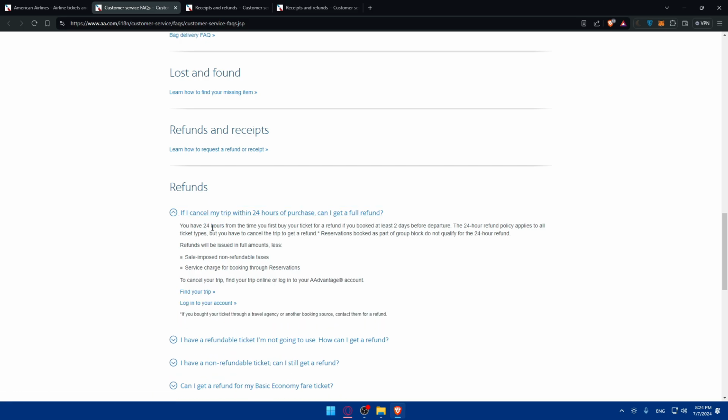As you can see, you have 24 hours from the time you first buy your ticket for a refund. If you booked at least 2 days before departure, the 24-hour refund policy applies to all ticket types, whatever the ticket type. But you have to cancel the trip to get a refund. Reservations booked as part of a group block do not qualify for the 24-hour refund. Refunds will be issued in full amounts, less, of course, non-refundable taxes imposed and the service charge for booking through